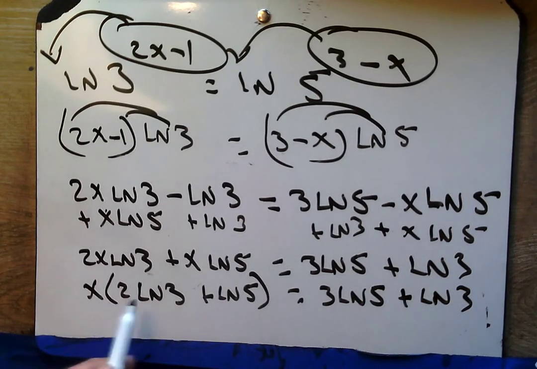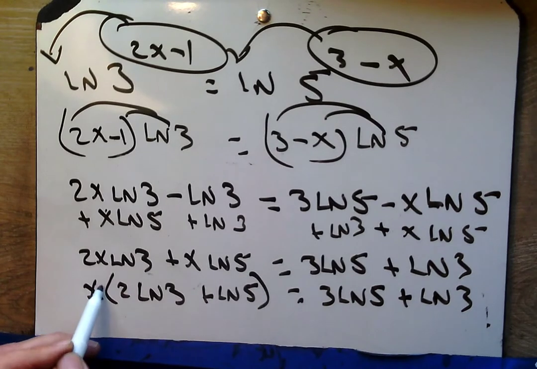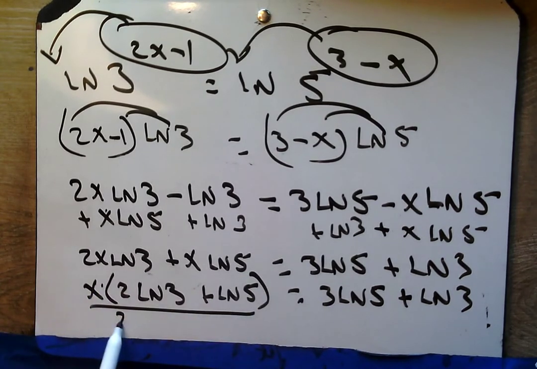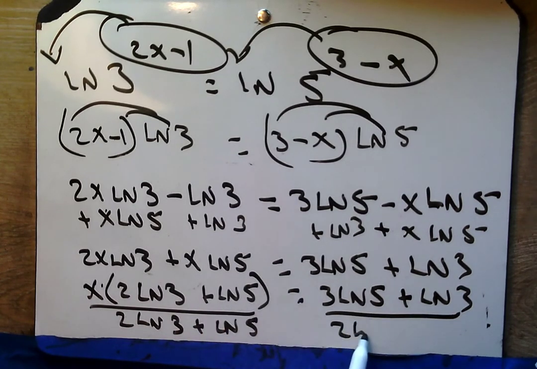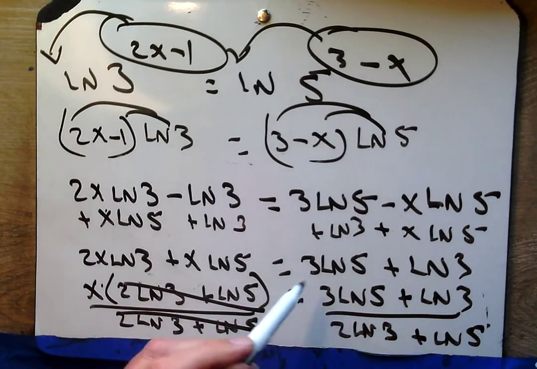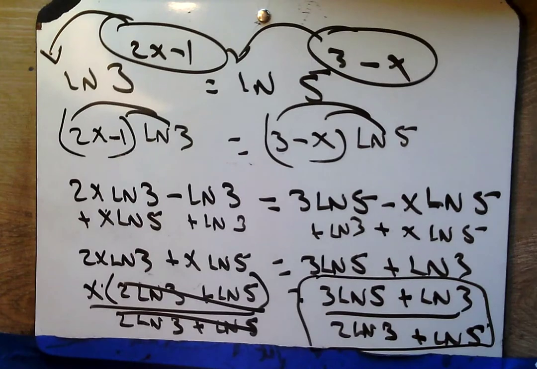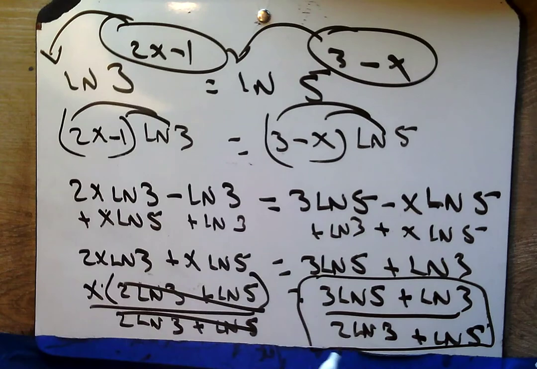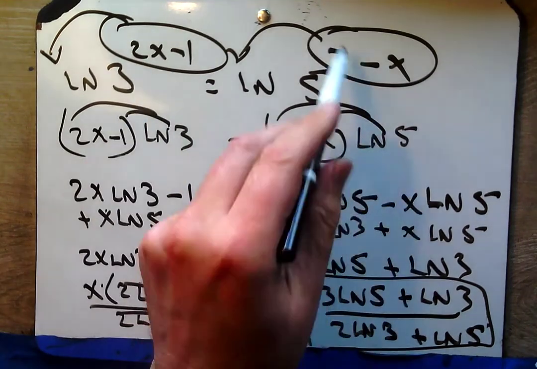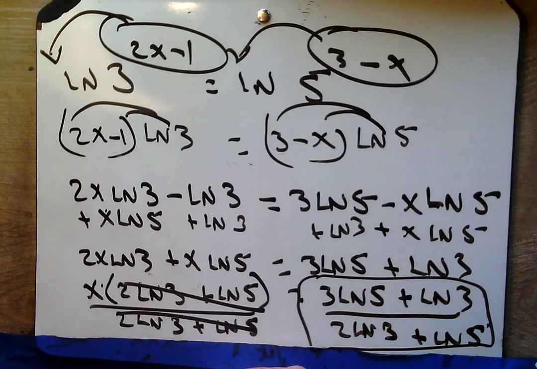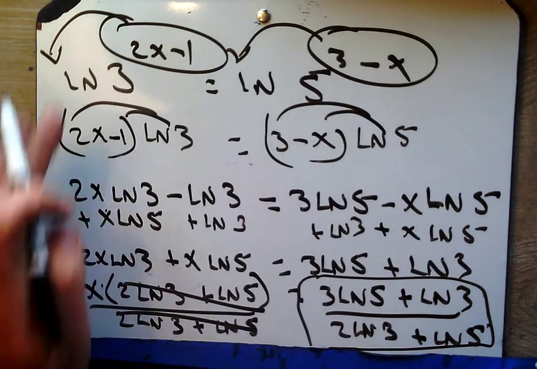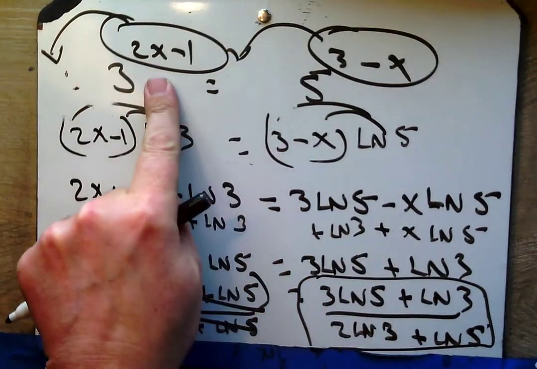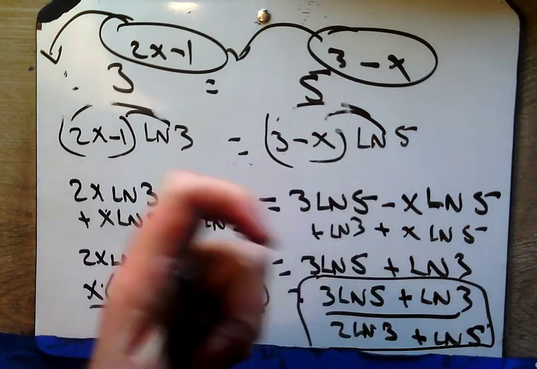I need x by itself. How is all this stuff attached to that x? With multiplication. So I need to divide both sides. And so that's my answer. Again, exponential could work. I don't really want to try and plug this into those places. If I really don't feel comfortable with this, I'd much rather graph this in y1, graph this in y2, second,